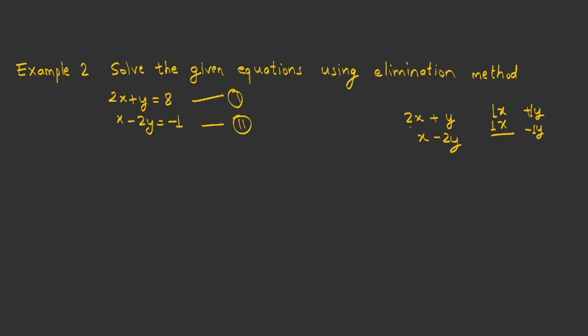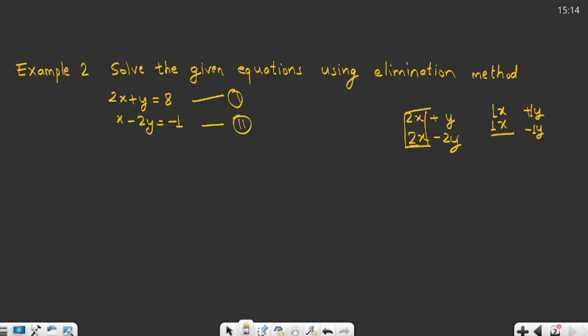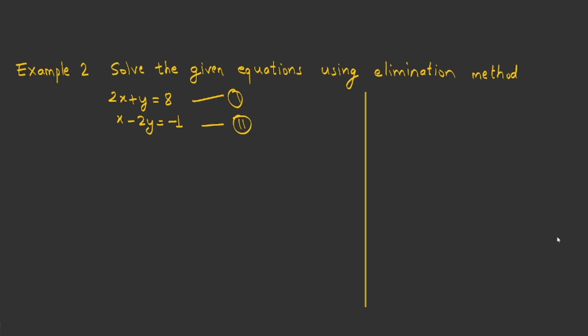Means we should have a 2 here also, then only they both will be equal, and then by adding or subtracting them we can remove or we can eliminate x. In the same way, we should have a minus 2 here, then only we can add or subtract them and we can eliminate them. So to make them equal, what we can do, we will